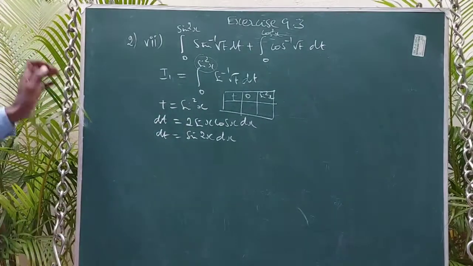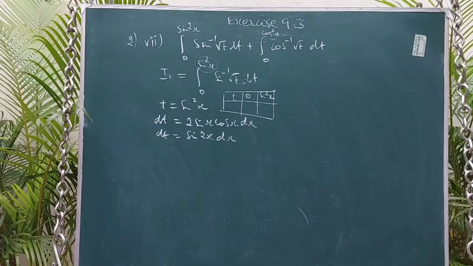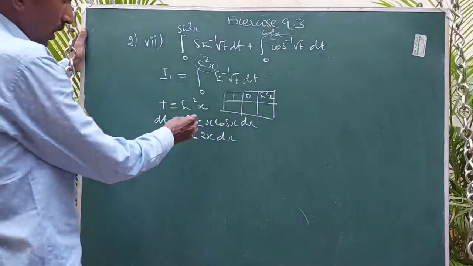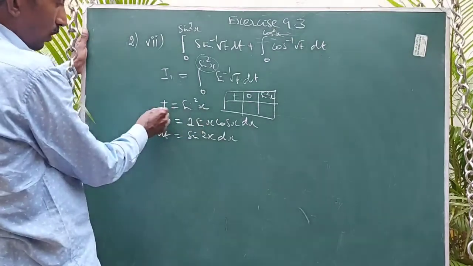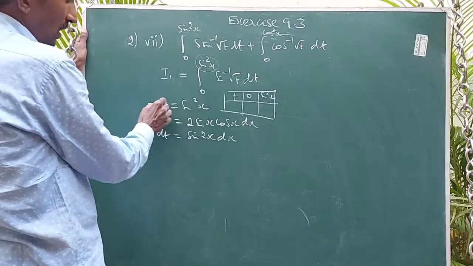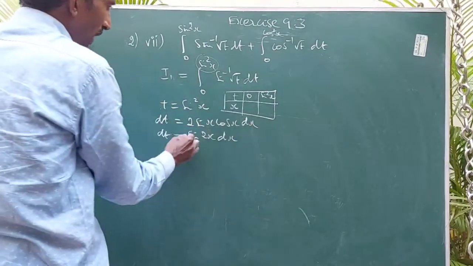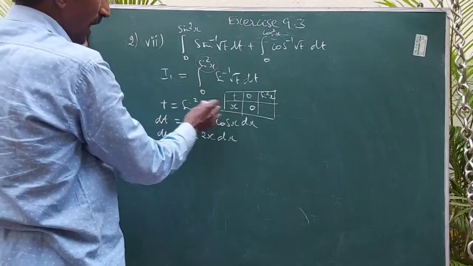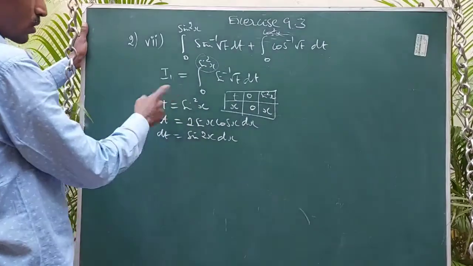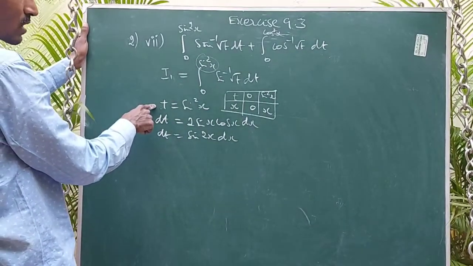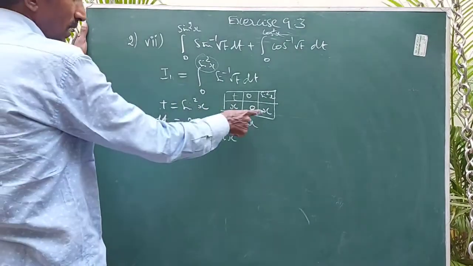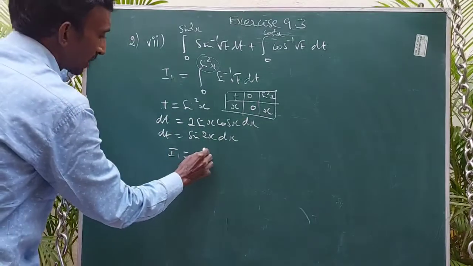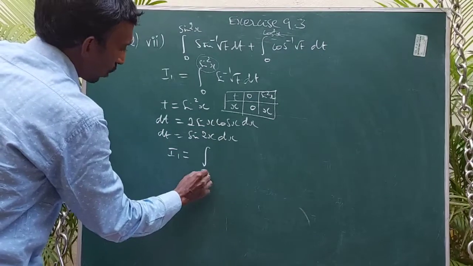So we need to find out the value. Here, x = sin inverse of root t. If you apply the limits, 0 stays 0, and if you put sin square x, we are getting x. So sin inverse of root of sin square x is nothing but x. So the given one, I1, can be written as integral 0 to x